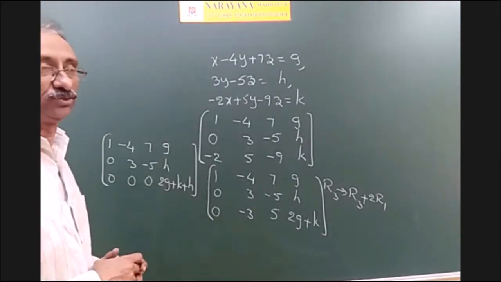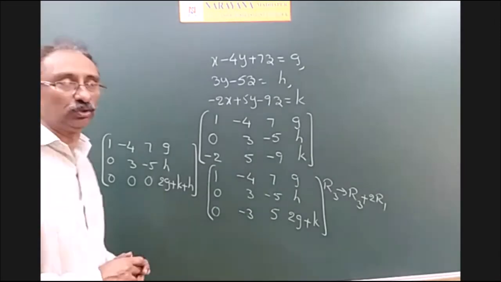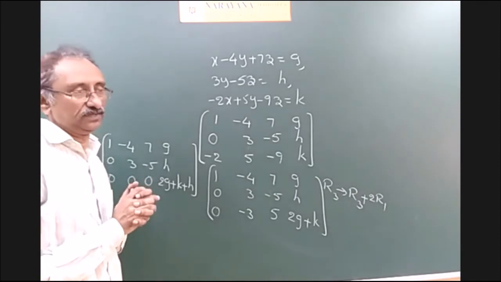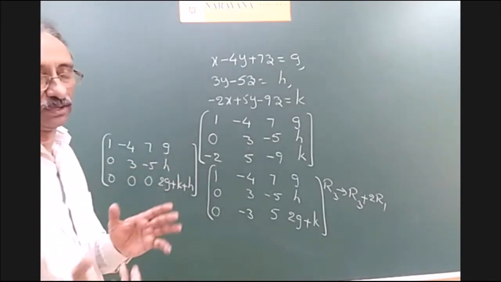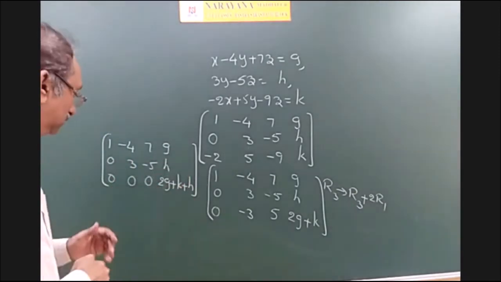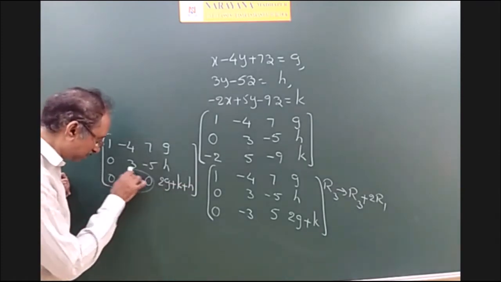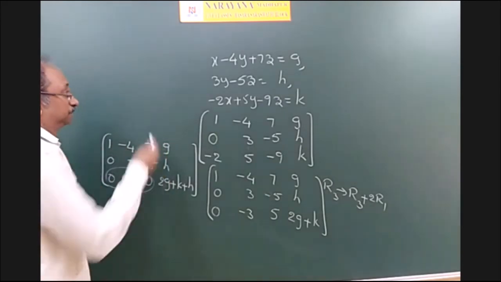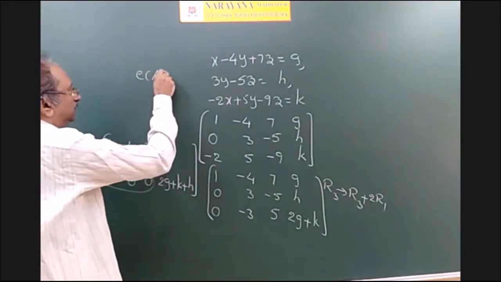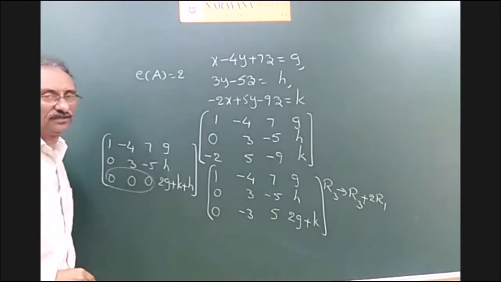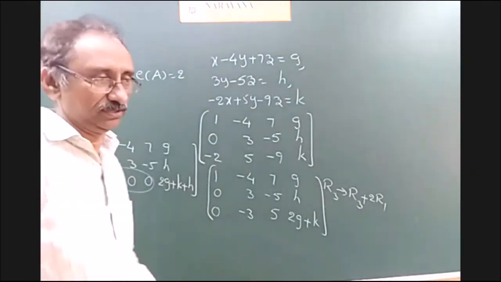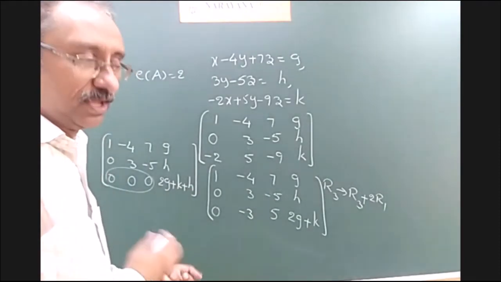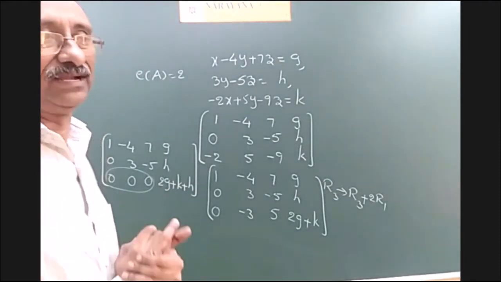The system has a solution. The system has a solution means first, it may have a unique solution. For that, rank of A is equal to rank of AB is equal to the number of variables. But see here, these are all three zeros, and therefore rank of A is 2 only. So the system has no unique solution. But given that the system is consistent, consistency means it has a solution. That means it should have infinitely many solutions.